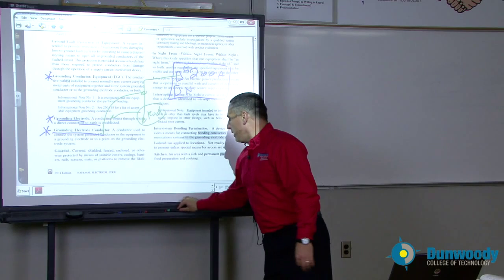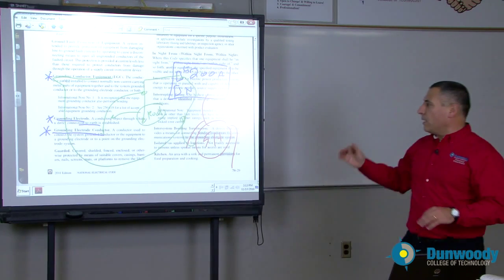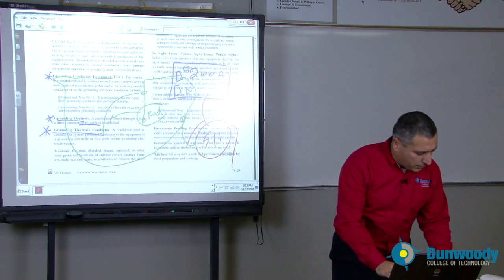And if I have a machine, here's my fan, a 5 horsepower motor connected to the system, and I need to ground my fan, this conductor here is called the equipment grounding conductor. Three different unique terminologies that we use with grounding.